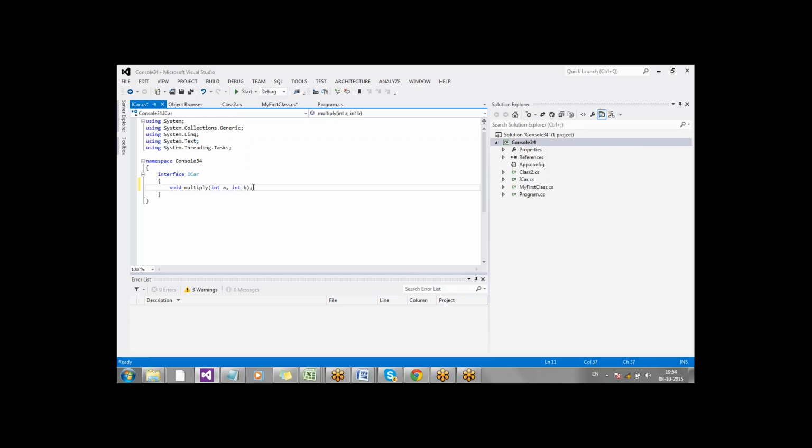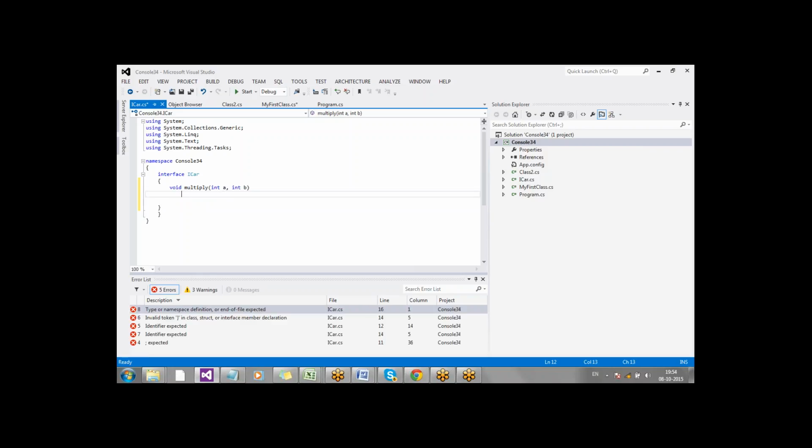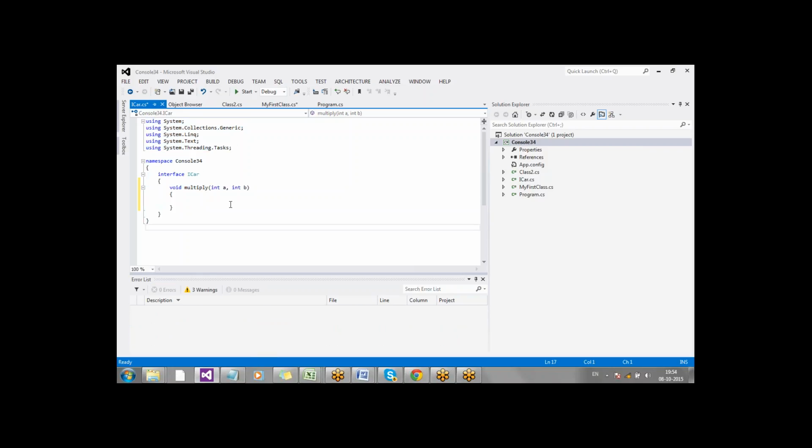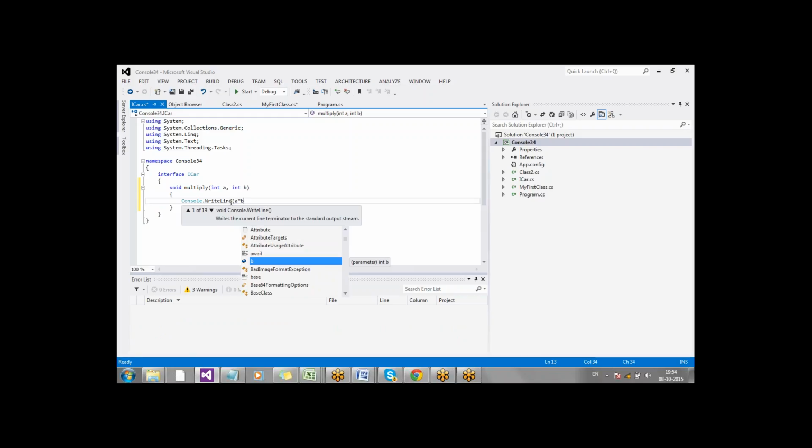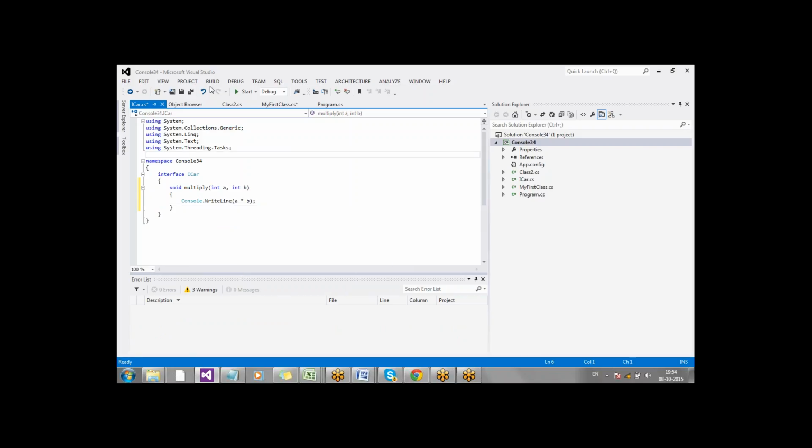So here, instead of writing it this way, I'm making it a concrete method and I'm providing implementation for it. Return a star b, which means I'm multiplying it.